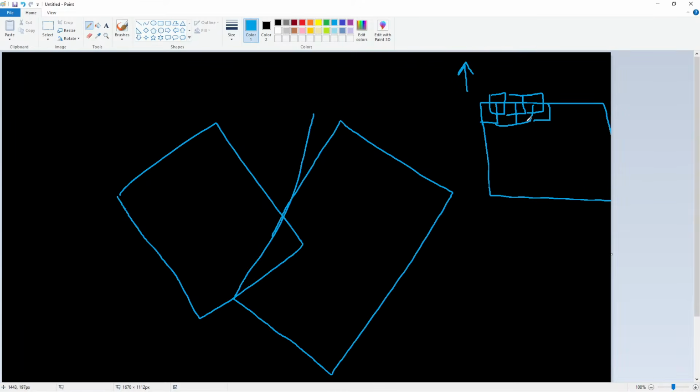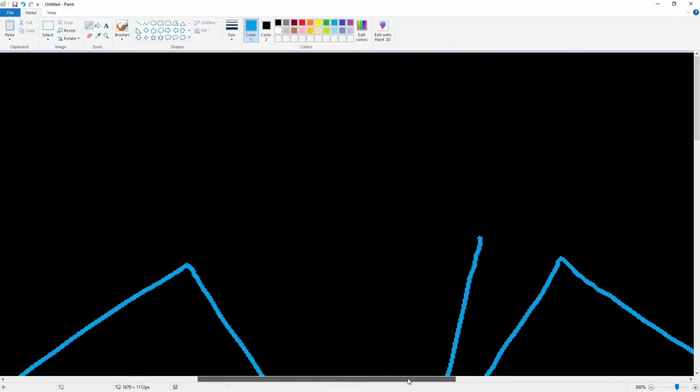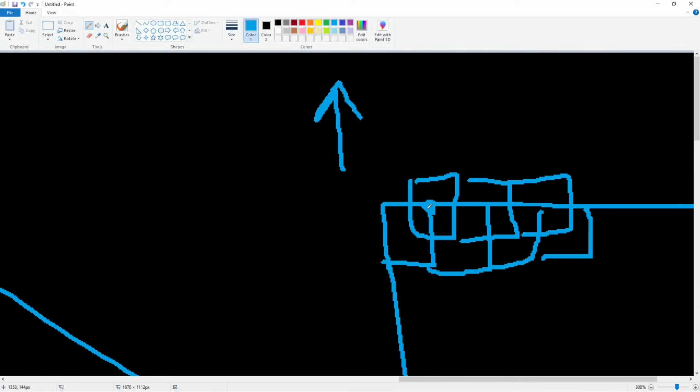But in order for that to work, when we check this pixel right here,